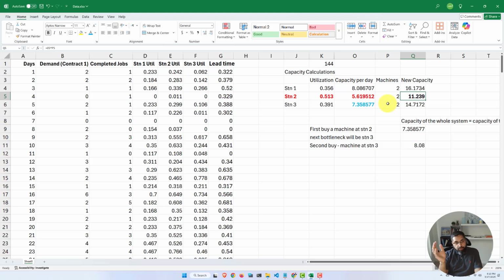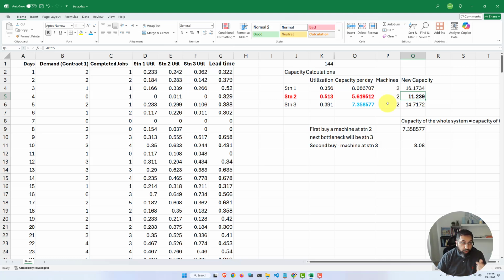And so you'll notice how the bottleneck keeps moving. Whenever you buy a machine, the bottleneck jumps, right? Because you've alleviated the old bottleneck and something else is the new bottleneck. And so you have to keep chasing the bottleneck as long as your demand creeps up to capacity. When your demand stops growing, then you can stop chasing the bottleneck because now the demand's not going to grow